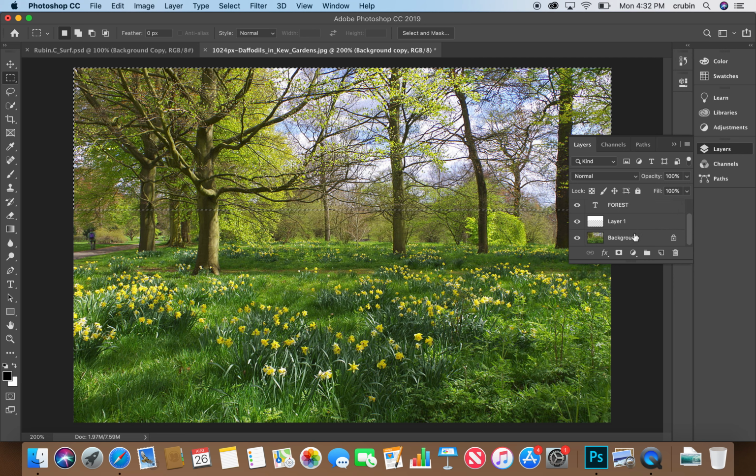Now you're going to go down and select your background copy layer. We're going to hold down Control Alt G to use the layer as a clipping mask. So again, I can hold down Control Alt G,